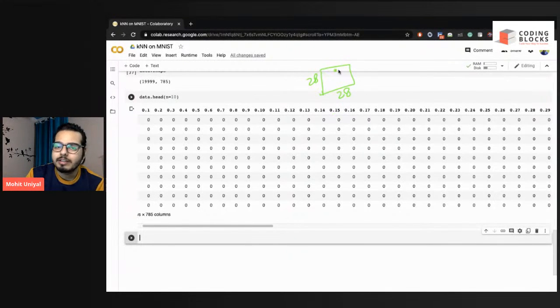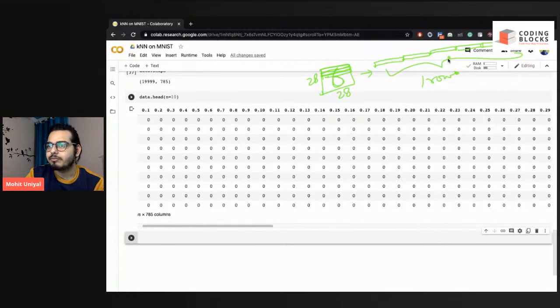So what they have done is they have taken this image. For example, let's suppose there is a 6 written over here, right? They have taken this image and flattened it. From the first row they have put the pixels like this, and from the second row they have picked the second row pixels and put them like this. And the third row like this. They have done it for all 28 rows, and this is how they have created one row. And this one row actually means one image,